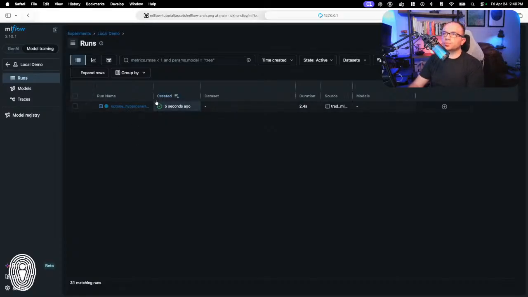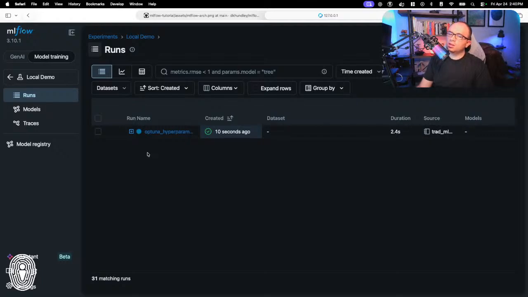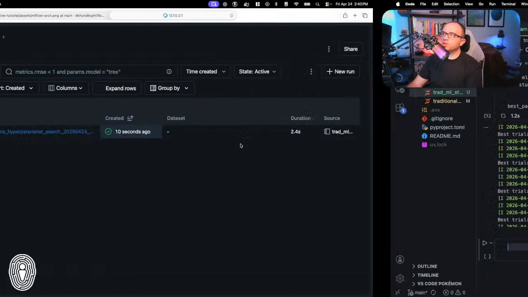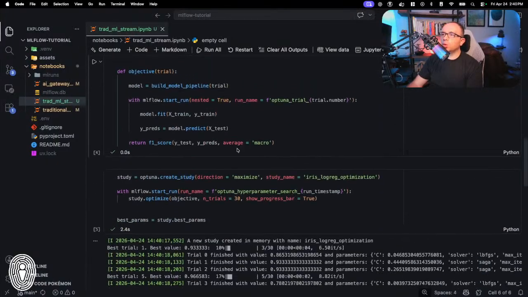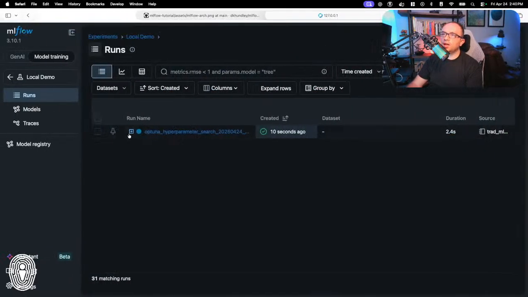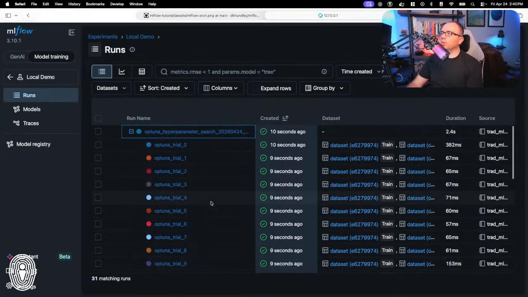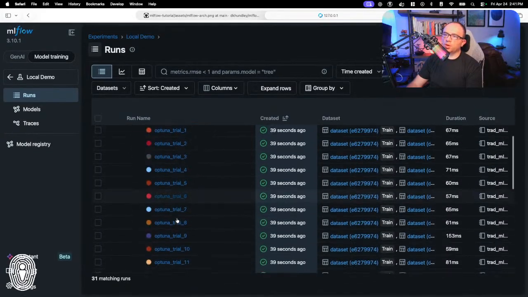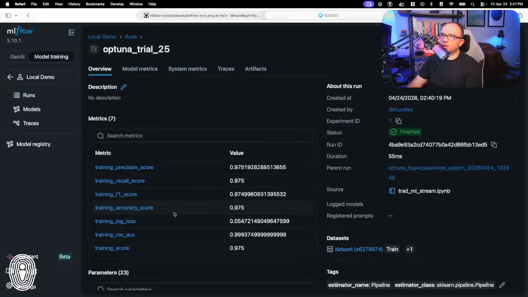Now you can see by this run name right here, can I make this bigger for y'all? I don't know if I can or not. Not bad. Workable. But you can see here with this run name that we got hyperparameter search with the timestamp, so that directly correlates to this right here. And then you can see again, like we were talking about, here's the nested piece in action, where we have all of our different runs associated to this nested structure for each of the respective trials here. And then if I wanted to look at any of these trials, I could just click on this one right here.